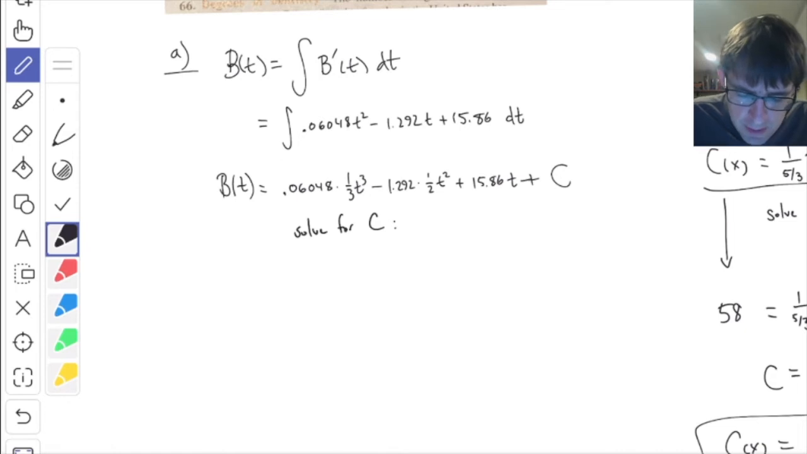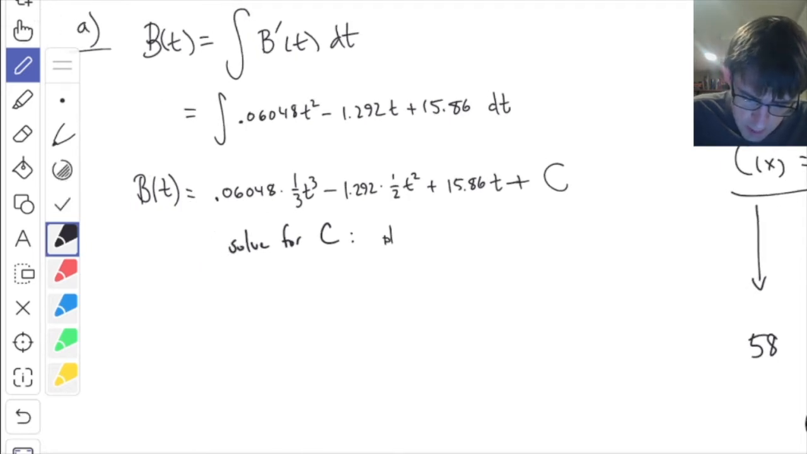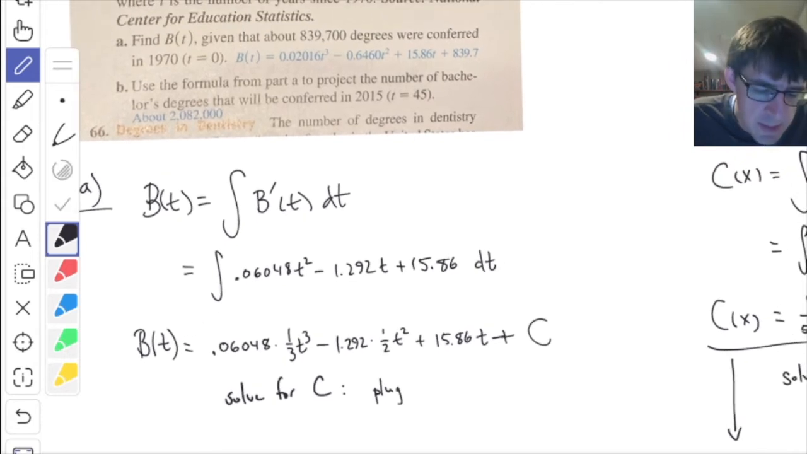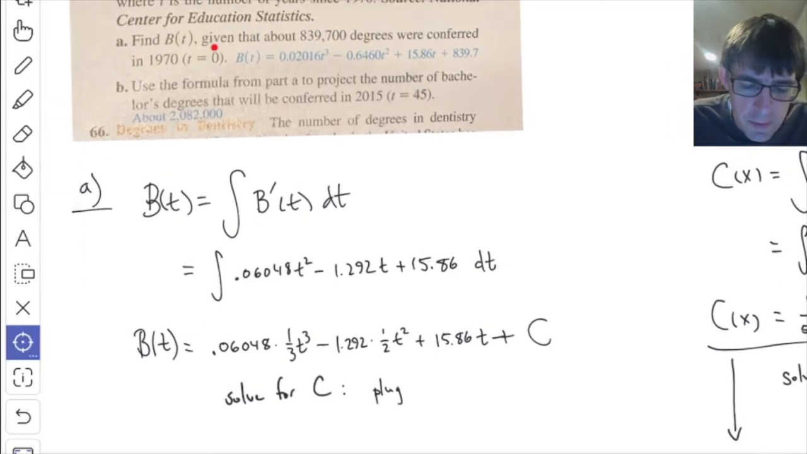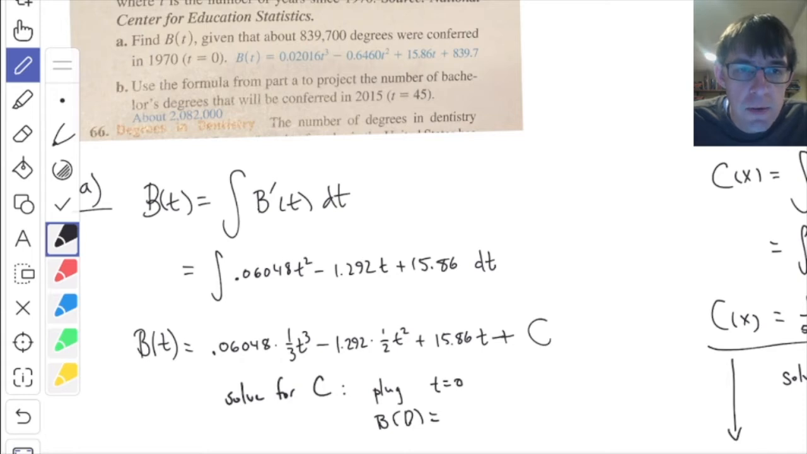And the way that we do that is always by plugging in something. You plug something for t and something for b of t. So we're going to plug. Now it says in 1970, but in this problem, if you read the words, you'll see that t equals 0 is 1970. So I'm going to plug t equals 0, which actually makes all the numbers work out very nicely. And we plug b of 0, the number of degrees in year 0, which was 1970, is that number up there,